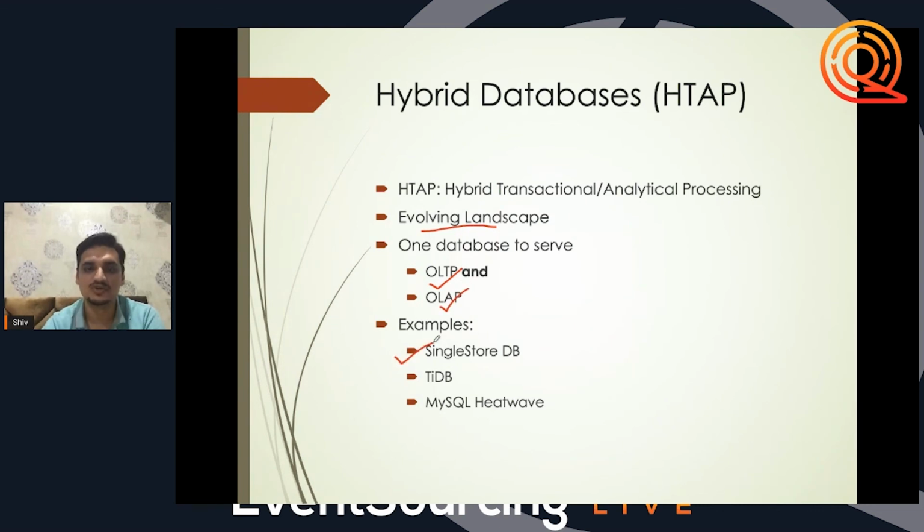And the examples include SingleStore DB. It's a closed source database. It used to be called MemSQL DB. They rebranded themselves as SingleStore DB these days. PingCAP is an organization that has TiDB. MySQL has something called HeatWave, which allows you to have a query accelerator, and that will facilitate your transactional as